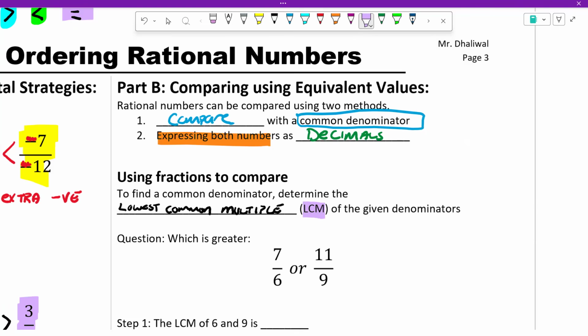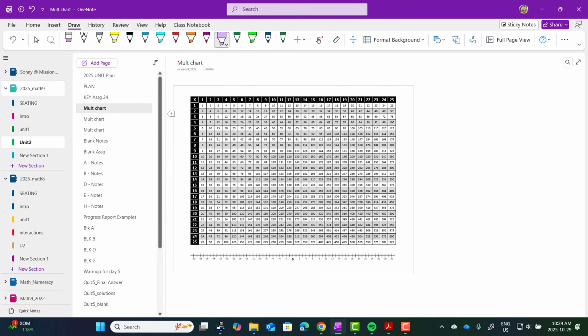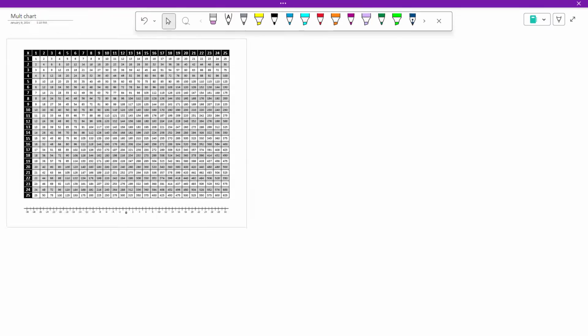We look at all the multiplications of 6. We look at all the multiplications of 9. And you're trying to find the one that's in common. Does anybody know what it is? 3. Oh. No, 18. All right? I love the enthusiasm. All right? So,